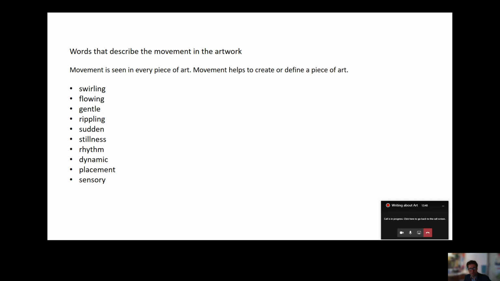And we talk about the movement of the art piece. Now, sometimes an artist is trying to show movement, but other times, with Picasso, it might be a still object on the table, but the brushstrokes show a certain movement, almost as if they're trying to encourage the feeling of something falling off the table or your head moving around. And you can talk about then the placement of things, or the stillness of it, or the rhythm of the pattern. There might be a rhythm built up in the way that he's putting things together.